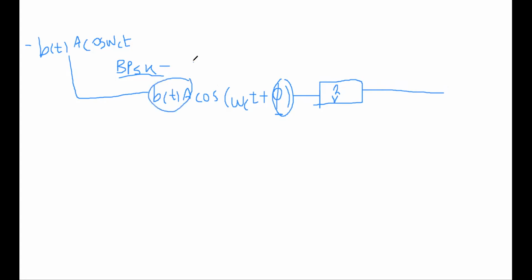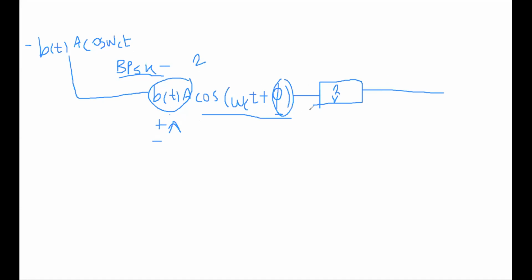It will be the squaring of this. We'll just neglect this because it is related to the amplitude. We'll just consider the part that is changing with time, that is cos of omega ct. This is just an amplitude of the signal. B of t denotes the polarity, whether it is positive or negative. And A is constant. A is the amplitude of your carrier or your BPSK signal, and it is constant. So there is no variation. We'll neglect it for some time and then consider it again if required.